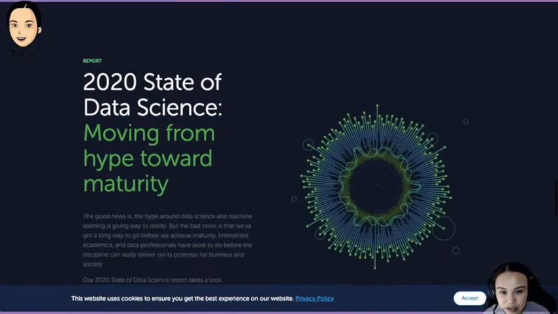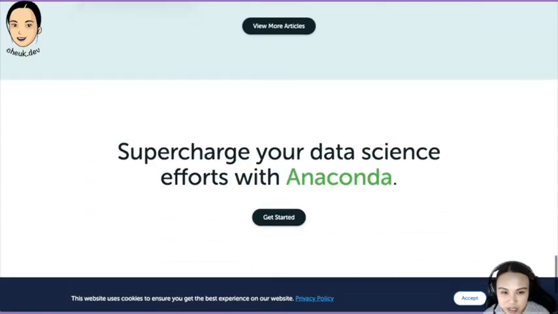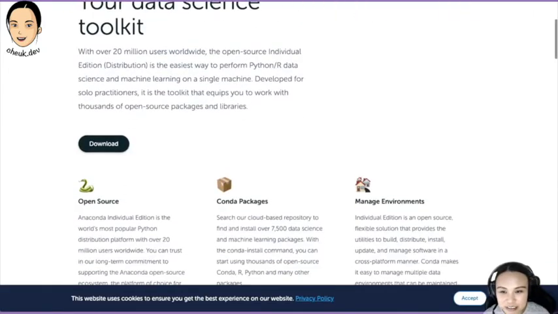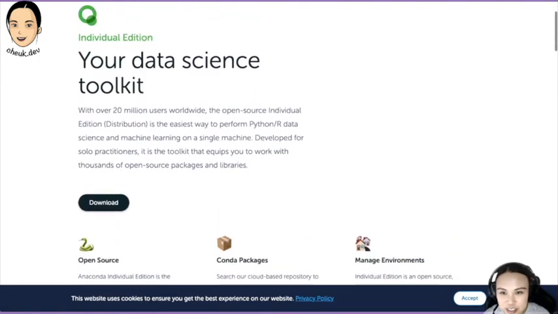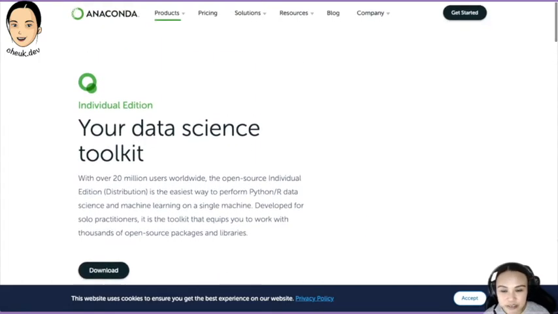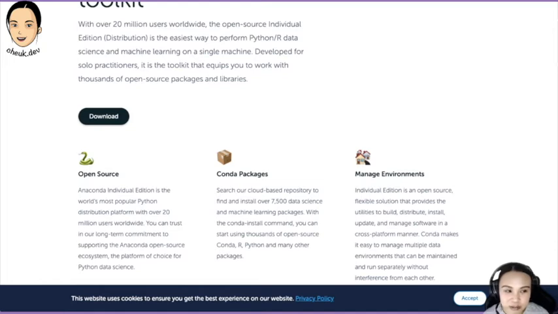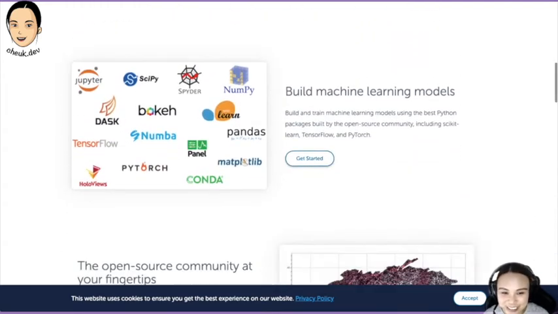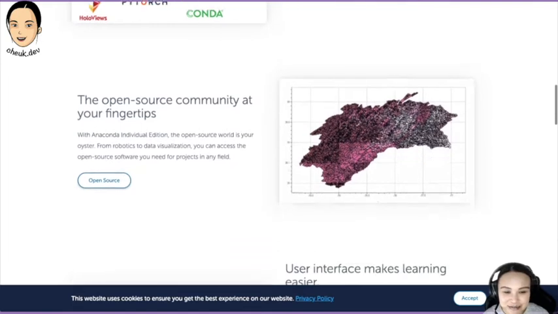I don't know whether they've changed their website, I haven't checked it for a bit. Is it the individual edition or something like that? They have a free edition. Yeah, I think this may be it. So the individual edition, because their business model targets businesses. So if you're just an individual who wants to do data science stuff, or this cool stuff that I've talked about in my other stream before,